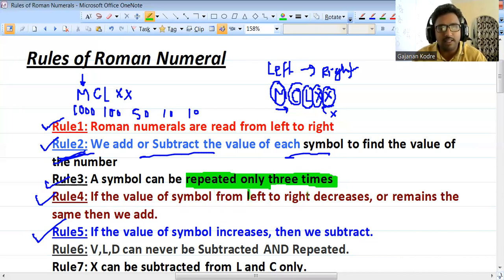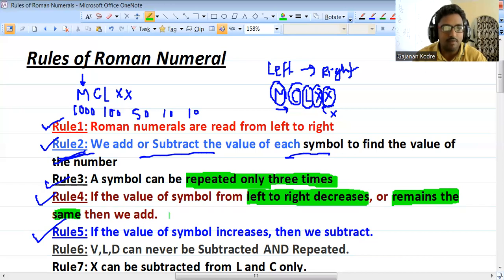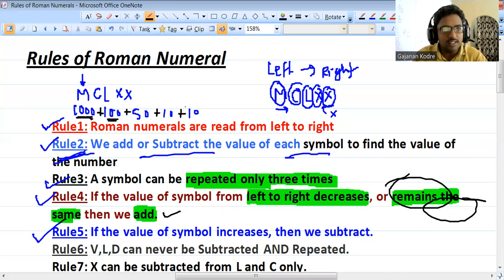Rule number 4, if the value of the symbol from left to the right decreases, or remains the same, then we have to add। अब देखो, what is the meaning of it, left to the right value of the symbol decreases or remains the same। यहाँ पे देखो 1000 है, 1000 के बाद 100 आ रहा है तो नंबर छोटा हो रहा है ना, तो यहाँ पे एडिशन आएगा, डिक्रीज हो रहा है। देन 100 के बाद 50 आ रहा है, डिक्रीज हो रहा है, सो एडिशन। 50 के बाद 10 आ रहा है, डिक्रीज हो रहा है, एडिशन। 10 के बाद 10 आ रहा है, रिमेन सेम है, देन आल्सो एडिशन। हियर रिमेन्स द सेम, देन यू हैव टू ऐड।